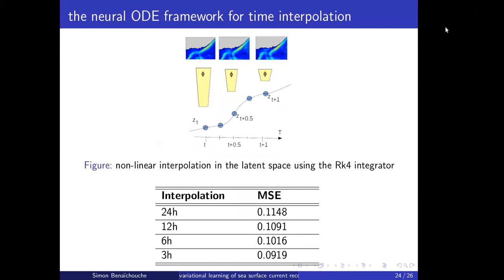One of the other aspects we recently investigated is the use of latent space and nonlinear dynamics that we learn to do time interpolations. So we do the assimilations on a window of 24 hours, a window of a day, but we can try to interpolate the dynamics. And when we do that, we see that we have a significant gain on the drifters. So when you look at the video, for example, of the field, it's more convincing. You have something which is really smooth in time.